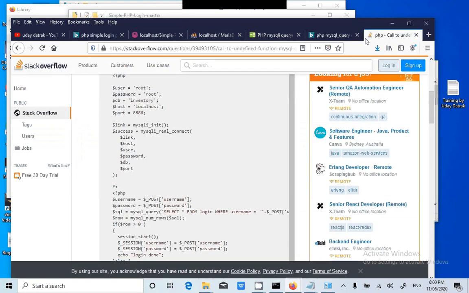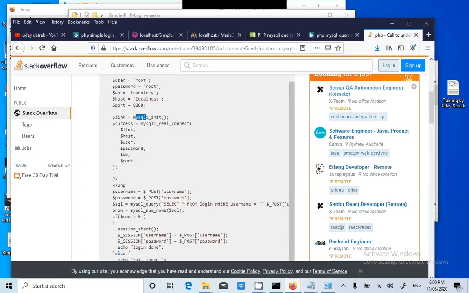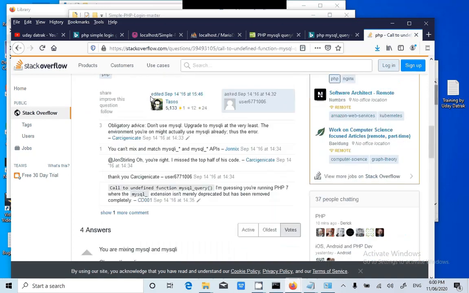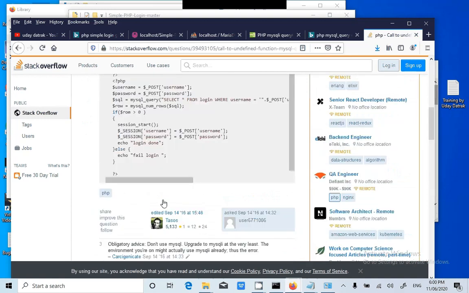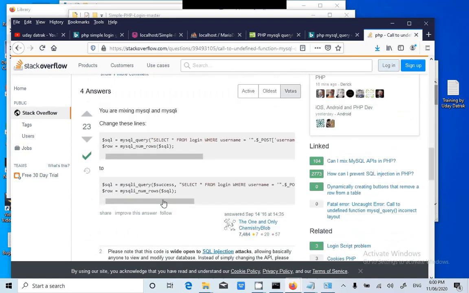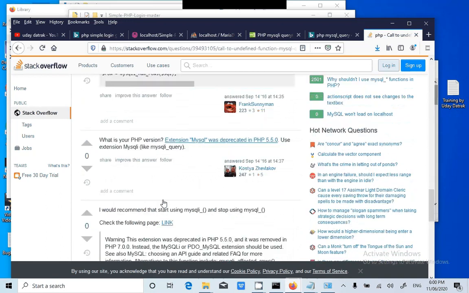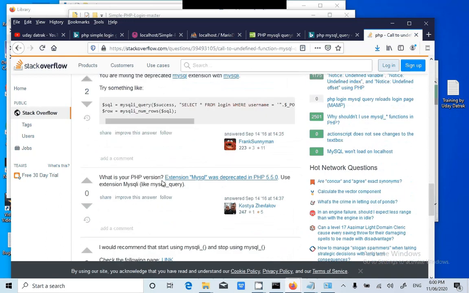Guys, when I searched for it, I realized someone has written both are deprecated versions, it's an extension. MySQL was deprecated here. So instead of mysql_query, every time we have to use mysqli_query.